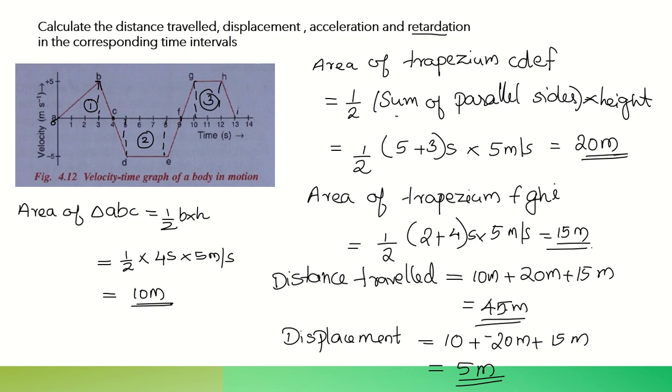I have shown different examples here. 2 curves, one curve for acceleration and another curve for the retardation I have shown you. DE and GH, the acceleration is going to be 0 because they are parallel to the time axis and there is no change in velocity. Acceleration will take place only when there is a change in velocity. Hope it is clear for you. Now let's move on to the next question.